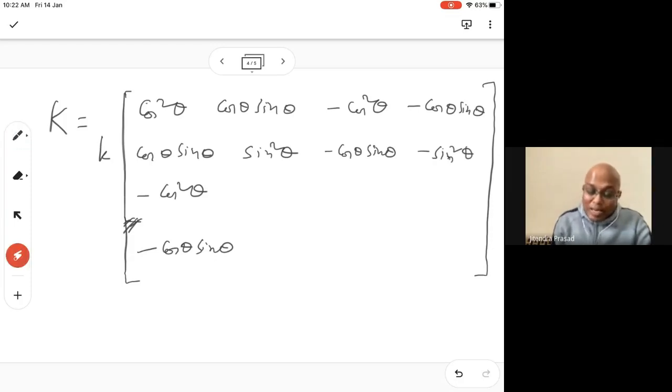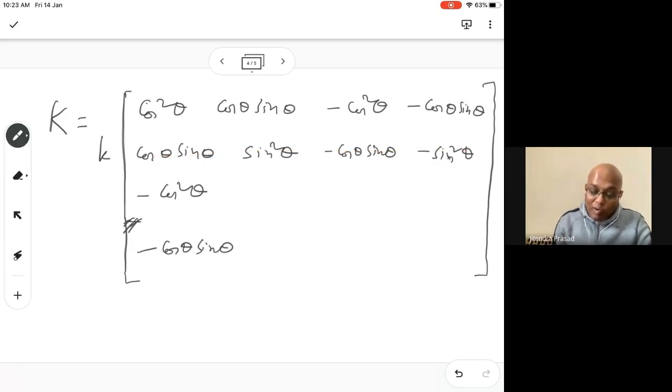What you see here is, if this is cos square theta, then this will be minus of this, because you understand that this force and this force are in the same direction, so the total force has to be equal to 0. So this and this add to 0, this and this add to 0, right? So this will always follow. Hence, automatically, if you add all of them, it will be 0.